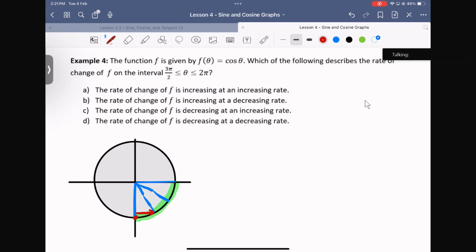This is the cosine value. This is the cosine value at that one. And this is the cosine value at that one. So our values